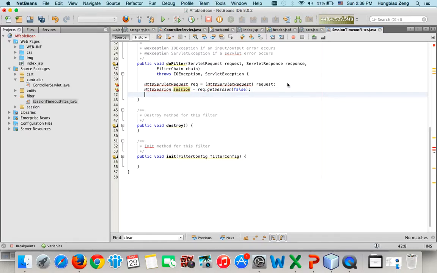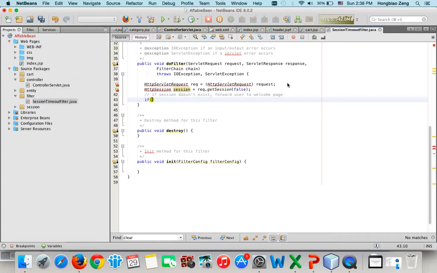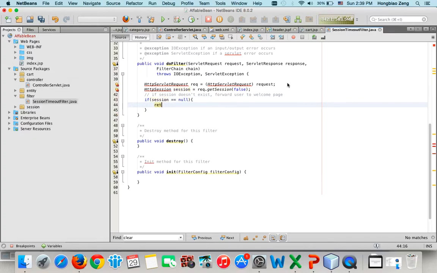Then I will say if session doesn't exist, forward user to welcome page. So if session equal null, then I will try